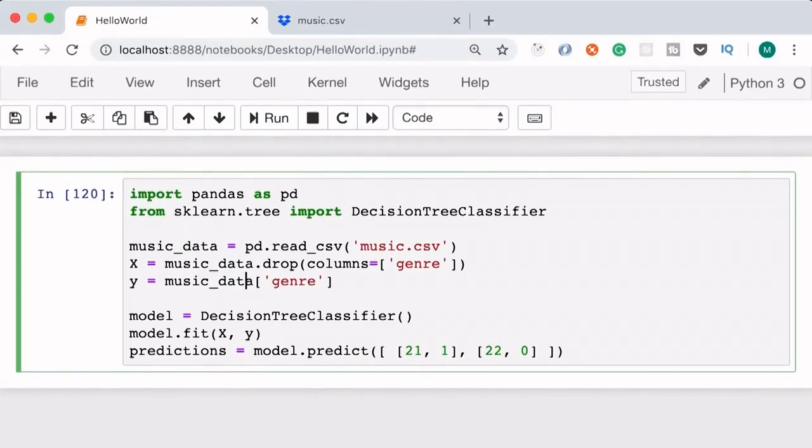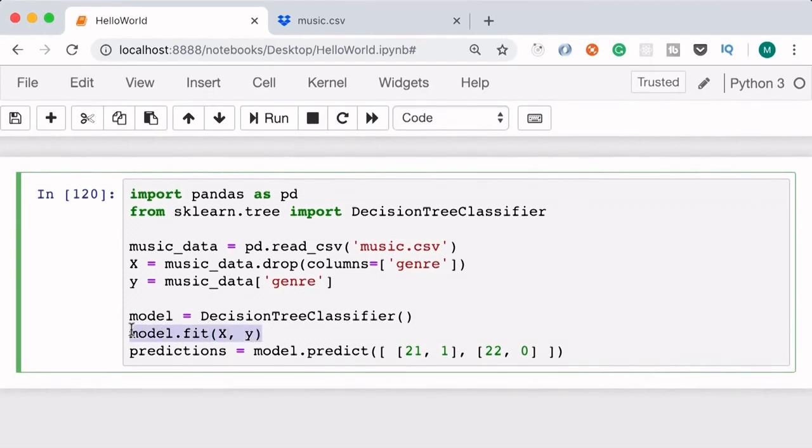In this lecture, I'm going to show you how to measure the accuracy of your models. Now, in order to do so, first we need to split our data set into two sets, one for training and the other for testing. Because right now, we're passing the entire data set for training the model, and we're using two samples for making predictions. That is not enough to calculate the accuracy of a model.